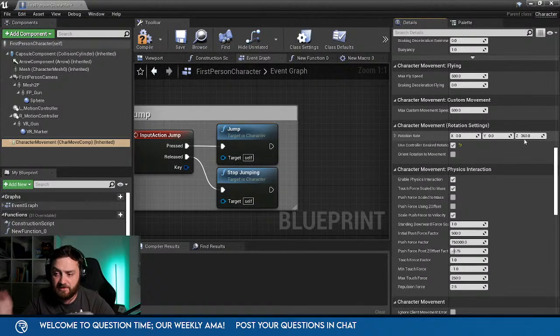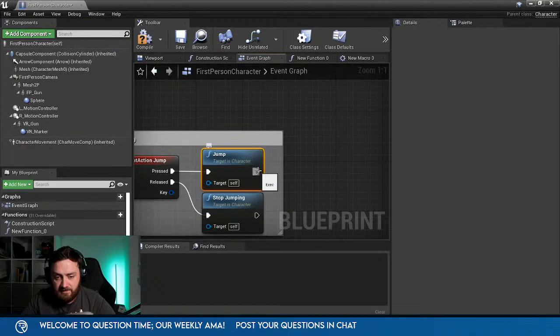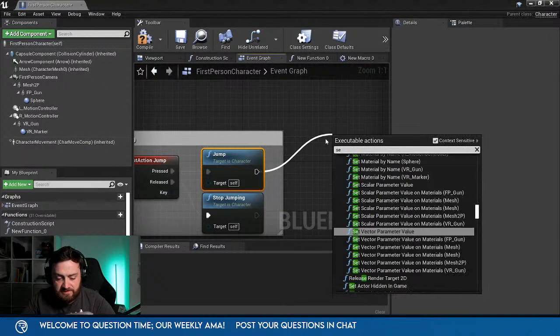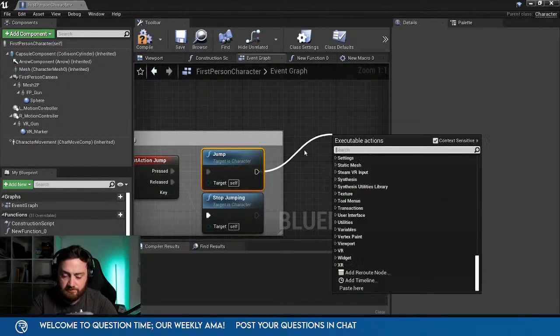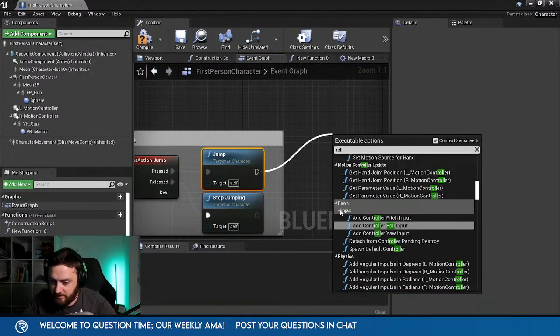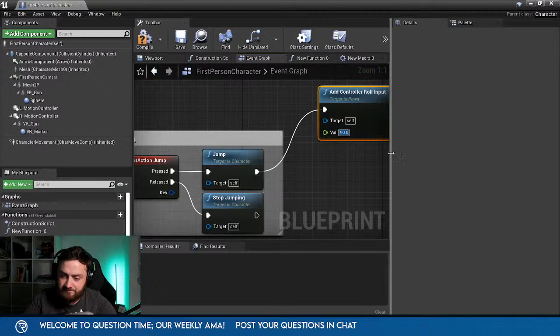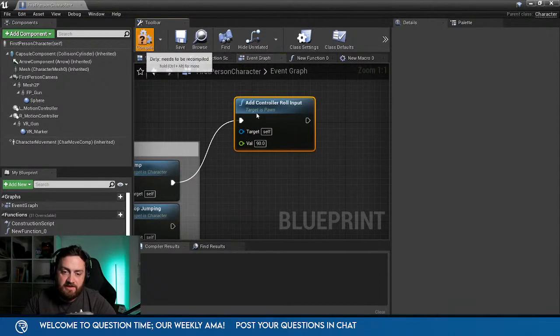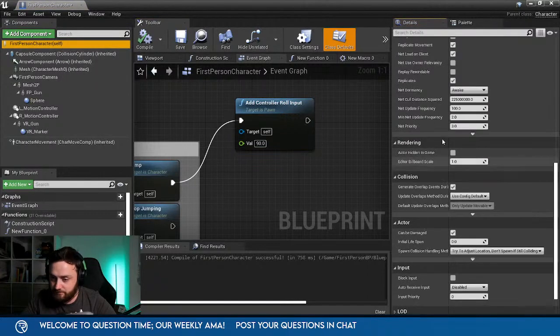That's how quick it's going to be. So on here, I'll do add controller roll, and type in 90. It's going to try and match that angle.